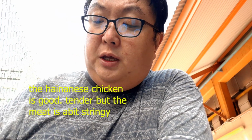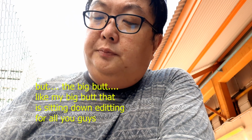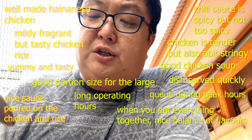Then the chicken, the chicken here, more stringy than Tian Tian, but still a very good chicken. Don't get me wrong, the chicken here is still good. Then let's talk about the chili sauce. The chili sauce here, even though it tastes very similar to Tian Tian, it doesn't have the spicy kick. But it does have a nice, more sourish balance to it that is quite appetizing. Pairing of this chili sauce with the chicken and the rice is much better than